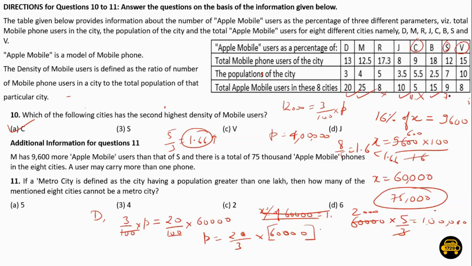This is of course greater than. 9 upon 7, this is again 1.1 something. 7 1s are 7, 2 and 0. So 1.2 something. So this of course cannot be greater than 1 lakh. And 8 by 10 also cannot be greater than 1 lakh. So there are 1, 2, 3, 4 cities which have a population greater than 1 lakh. So the answer to this question will be